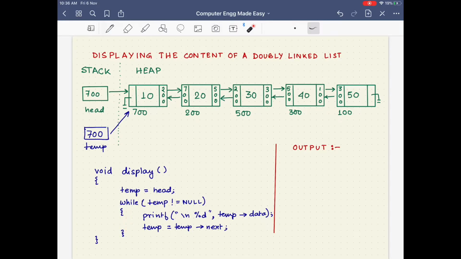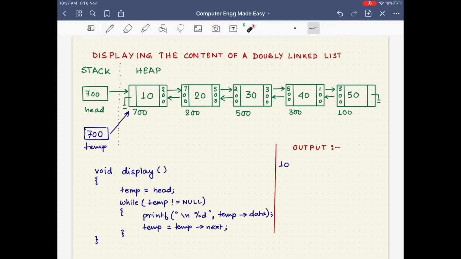In the while loop we execute the printf statement where we display the content of temp arrow data. Now temp arrow data at this point of time is 10. Therefore we display 10 as the output. Next, we again execute the next statement, that is temp equal to temp next.